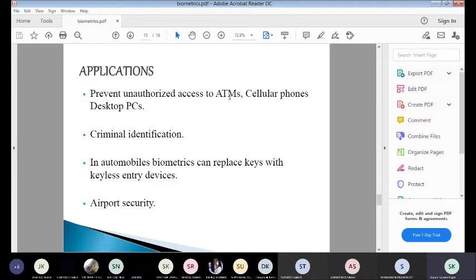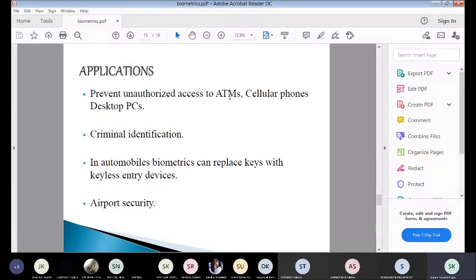Because most of the time we save our passwords on our browsers. We are not regularly clearing the cookies and cache of our browser, so most of the passwords are saved on our browser. Banking websites don't save the password, at least the transaction password. Many times some browsers save the login password but not the transaction one. So take care of your desktop, laptop as well as smartphone by using such biometrics and clear the cache of your browser